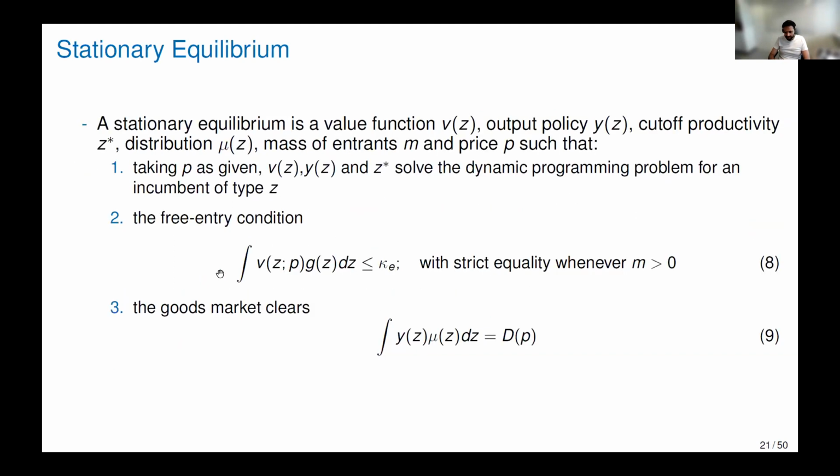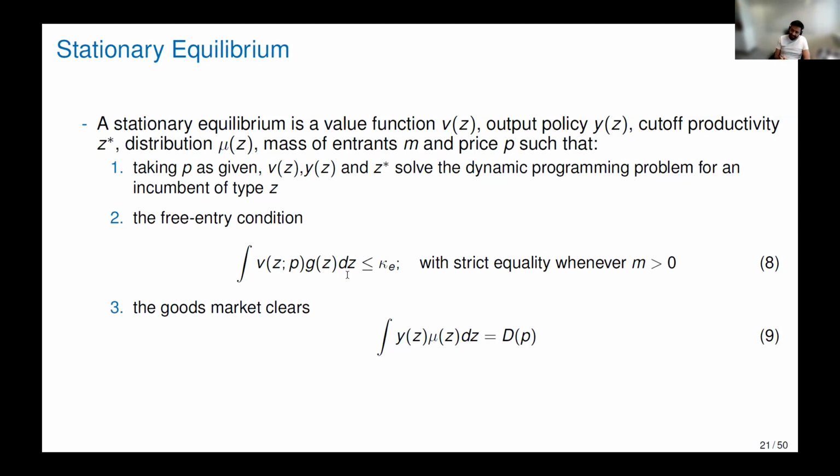The second most important condition is the free entry condition. The free entry condition tells you what will be the price in the economy. If the price P of the good is very high, then the value of entry is very high, which means a lot of firms will enter. If the price P is very low, then the value of entry is very low, and nobody will enter. In equilibrium, we will always look for an equilibrium where M, the mass of entrants, is positive. It should be the case that it equalizes,